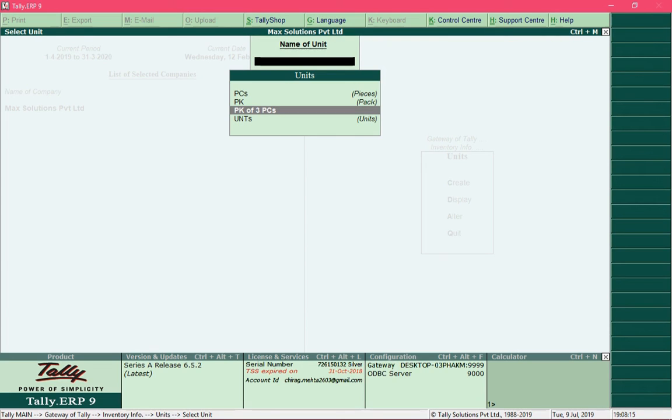So in order to take advantage of such queries, we need to define groups and categories of your products. So before defining your products, we need to create its group and its categories. So what are groups and what are categories? Let me explain.